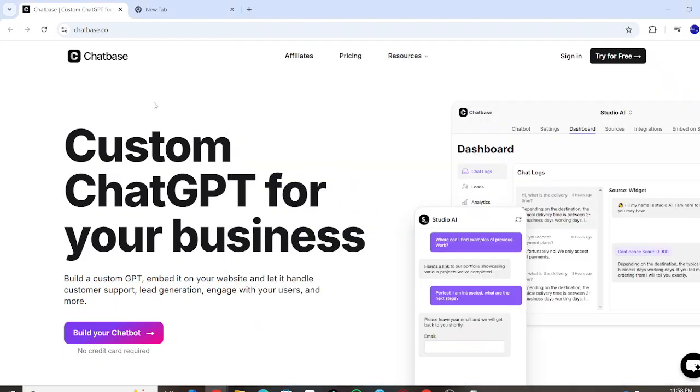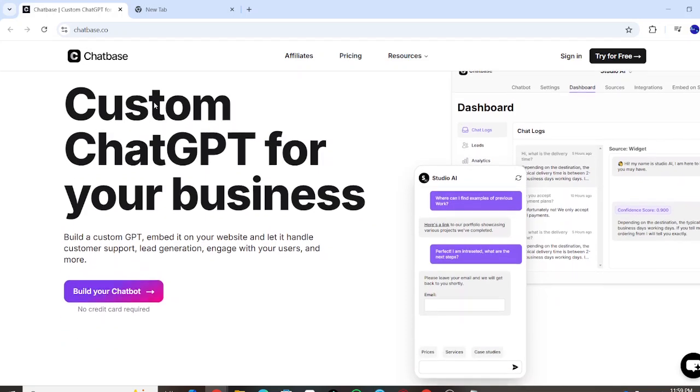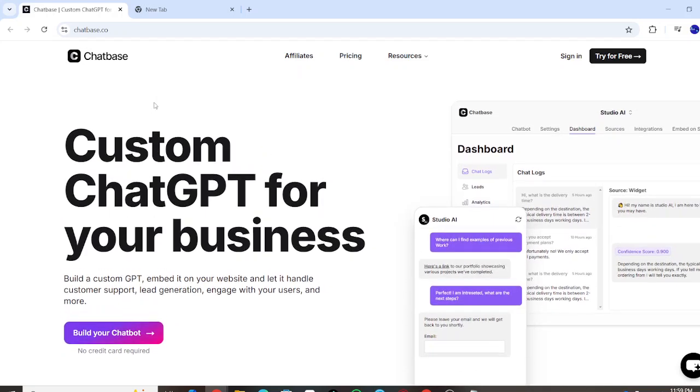So let's say you're in real estate at the moment and you wanted to add something to your website that you feel may be missing, or maybe you just want to level up for 2025. What you could look into adding is a custom GPT for your website based on typical questions that your prospects typically have. So instead of you having to, let's say, answer those same 5 questions over and over,